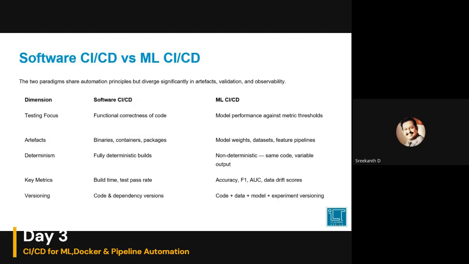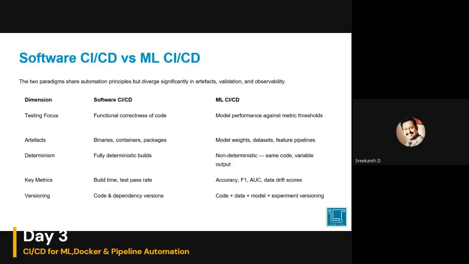C is equal to A plus B, whether that works or not, right? ML CI/CD validates reliability. What it is all about is whether the solution is reliable or not. Artifacts are different, the evaluation metrics are different, and versioning complexity differs, right? We can't call that the final version is this. Again, it depends upon the performance evaluation of the new model, right? In that case, versioning complexity differs.